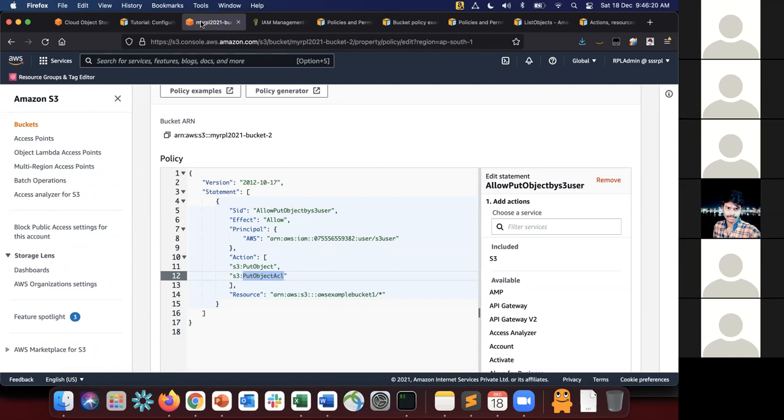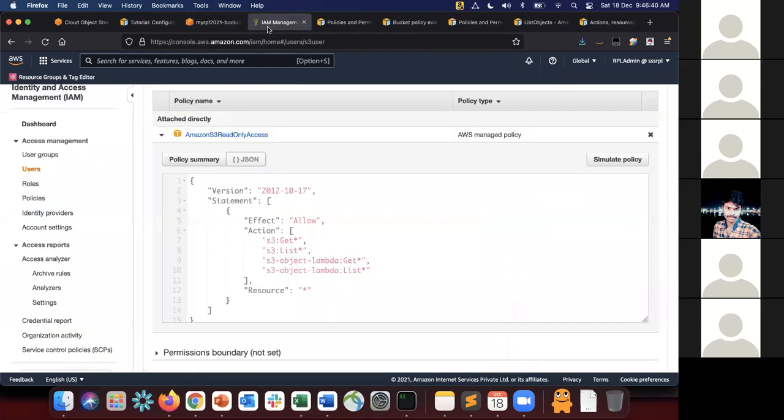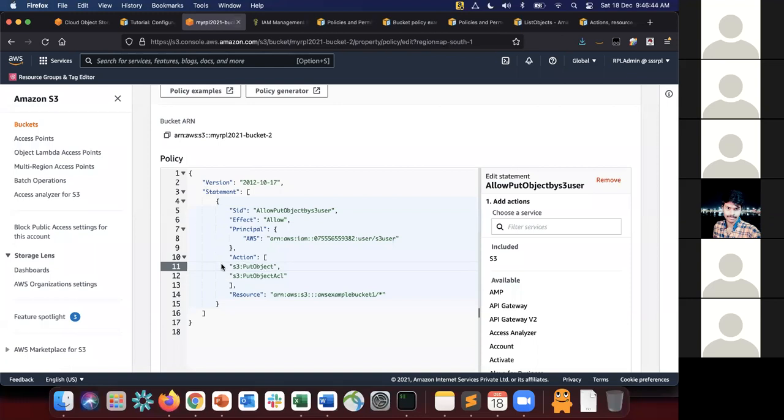I mean, we would have learned about union in our maths. So it will be a union of all of those. And it will be a union, and all that applies will get applied here as well. And within that, explicit deny takes the highest precedence. So now what I'm doing is I'm overriding this whole thing. I'm not overriding, it's a union. So now in this case, it will be these 3-4 actions plus these 2 actions